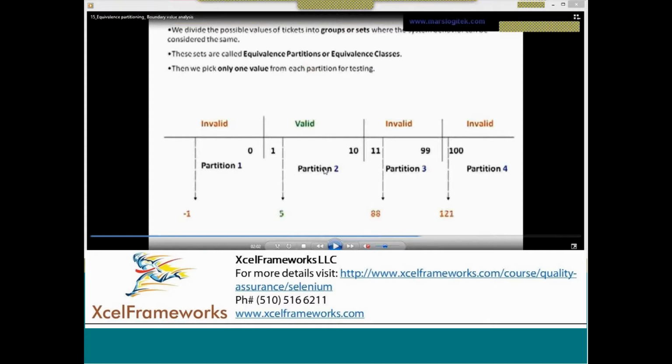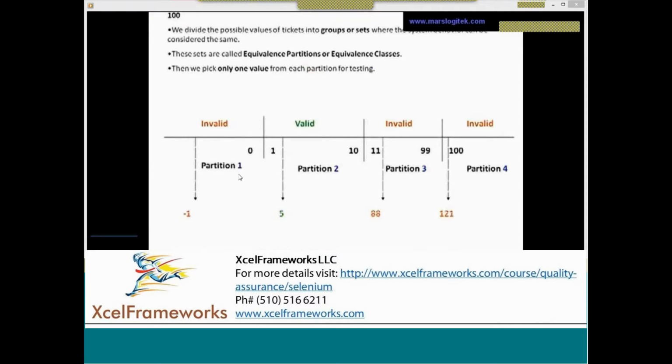What kind of value can you pick and test? You can take any value, any value between 1 and 10. Now for the invalid partition 1, what values can you pick? Less than 1, so it can be 0 or minus 1, which are also negative values.